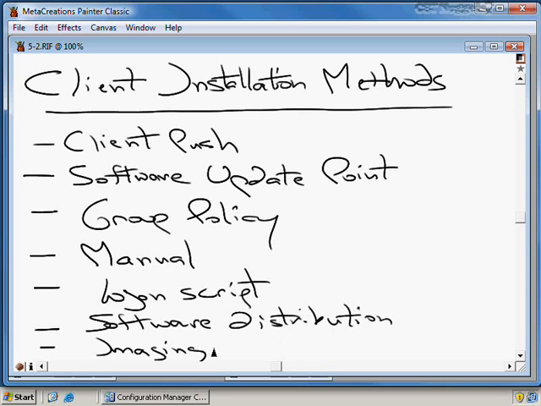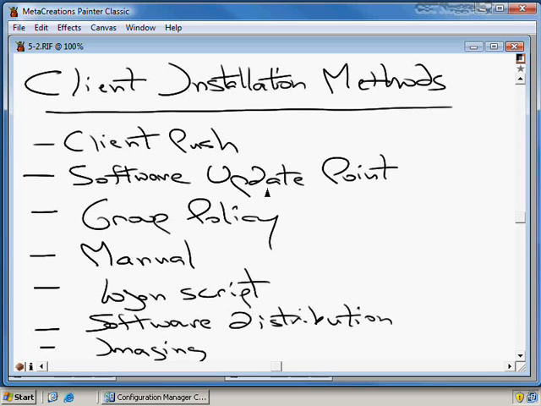And then once you've installed that client, you need to strip out all of the unique information about that client, maybe what site it's pointing to and any of the special configurations associated with it. Because once you've got that, you want to make it more or less a clean client that has no configuration, so that once it's imaged out to multiple machines, the machines are going to take on their own personality. Configuration Manager is going to discover and then ultimately recognize the client and pull it into the hierarchy. Of these, we are specifically going to talk about the client push installation and also the software update point installation